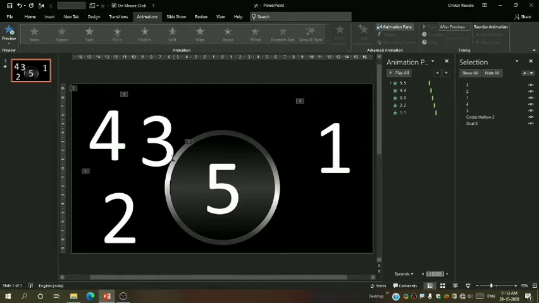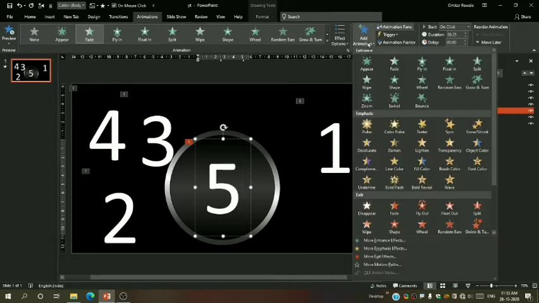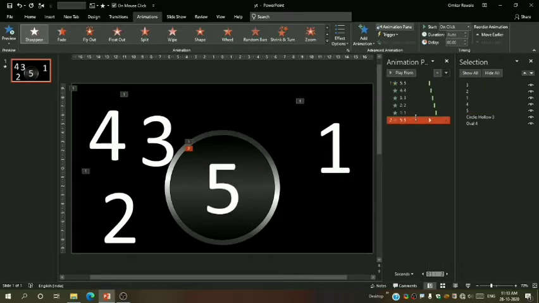Now this is about their entrance effect. So now we also have to give their exit effect. I will again select this number 5, go to add animation, go to disappear. First I will bring it below the number 5 animation, then let us make the duration 1 second. Now right click on it and say start with previous.